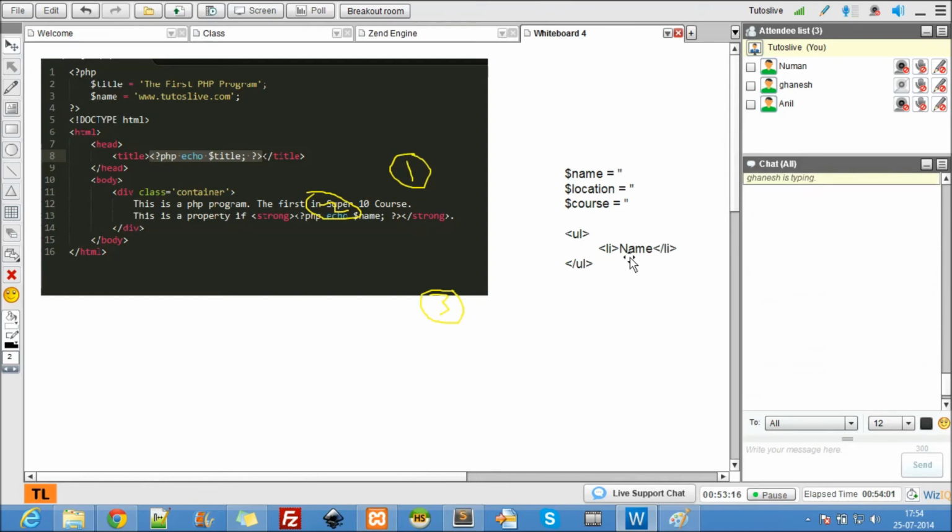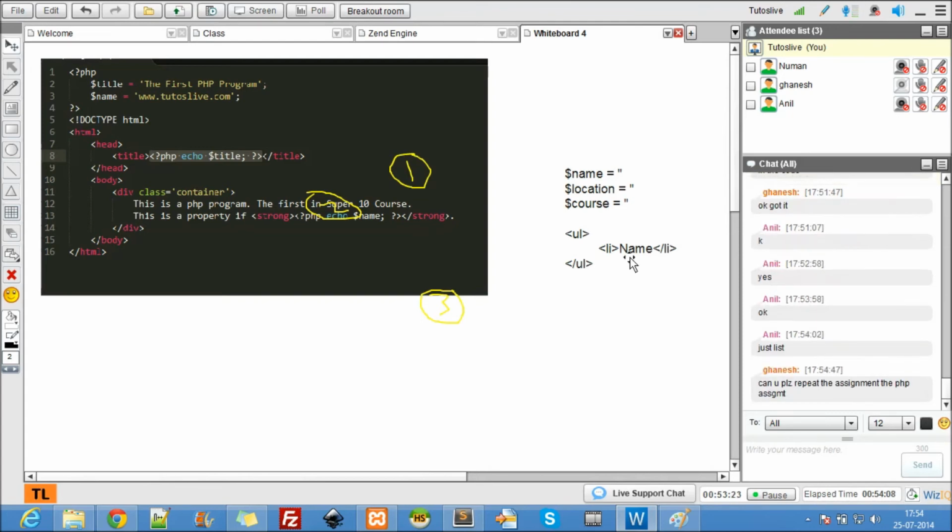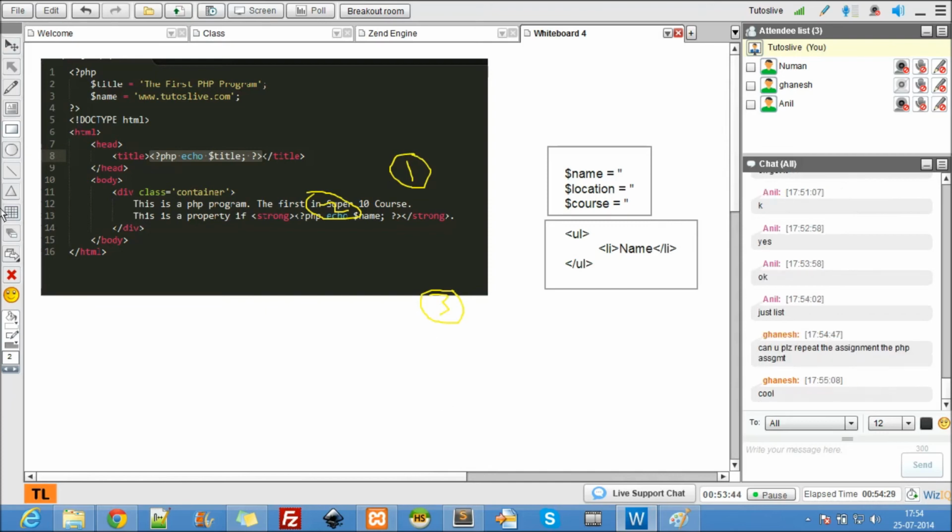Try to just clone today's file, whatever. I'll keep this on just a list. What I'm trying to say is, make a list of your portfolio. This is a list and this is a PHP code. Make a list of your portfolio, not just these details. You can put any number of details. Put any detail over there, I don't care. Try to remember, without echo you cannot print.